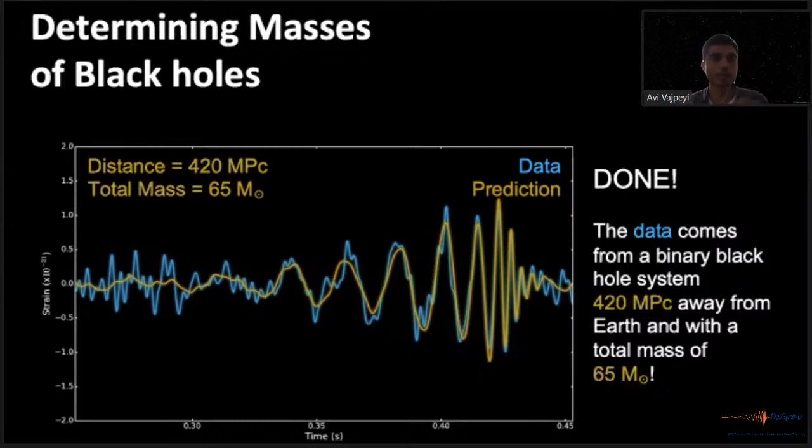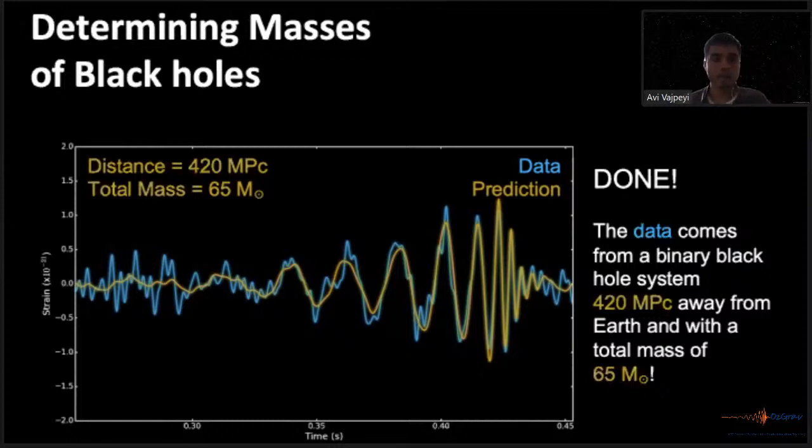So this is how we do what's known as parameter estimation. We're trying to predict what the properties are of this black hole system by using this method of fitting this data, right? Now, it gets a little interesting. This prediction comes from what's known as the physical model of the system, right? So we basically model these black holes, and we try to see when a black hole is at a distance of 420 megaparsecs and has a total mass of 65 solar masses, this is kind of the way we expect to see it,